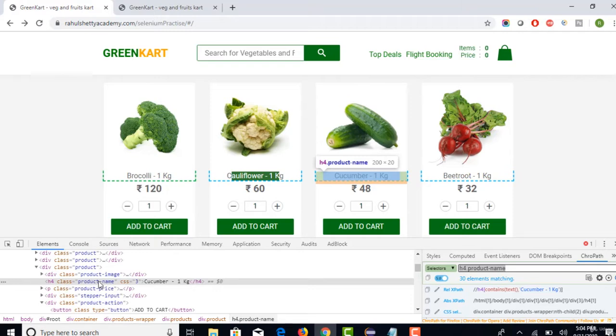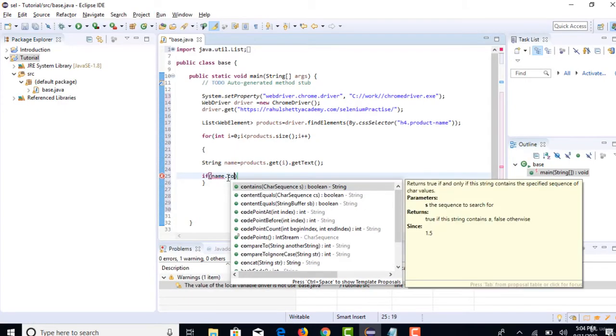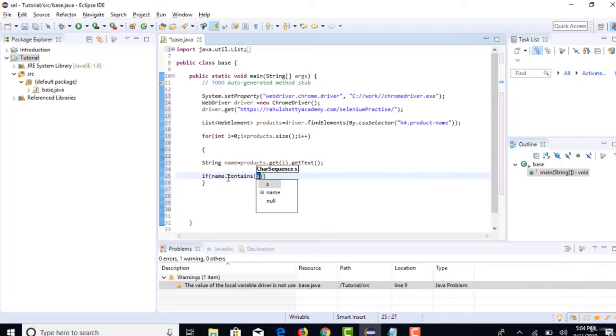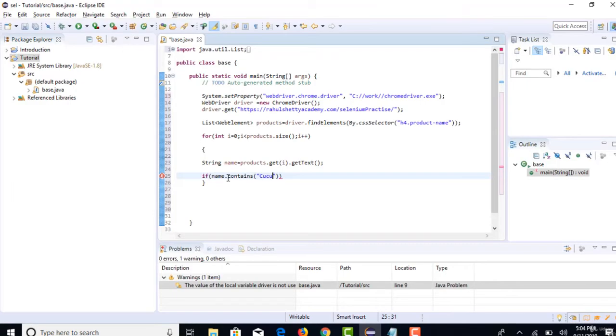So if you apply getText on this, it just returns the whole string, right? So let's do contains. Contains is like a regular expression, so you can just say that if that name contains a word called cucumber.